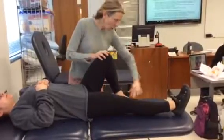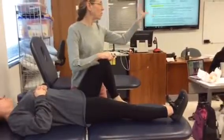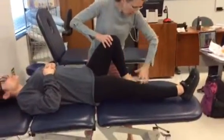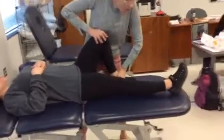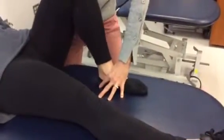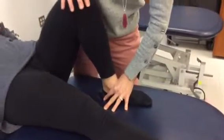Now, she's here. I want to go ahead and give some pressure. I usually use the web space between my thumb and my index finger through the anterior foot or the talus, and I'm pushing down to give her the sense of weight bearing. Don't hurt her, because it's really easy to hurt somebody with overzealous or heavy hands. And then I'm going to push down through the knee and do some slow rhythmic rocking, because